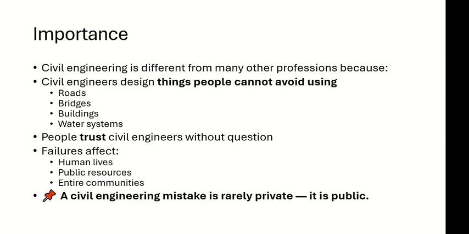So why is civil engineering different from other professions or other engineering? Because we are dealing with things people cannot avoid, like roads. A lot of you have mentioned infrastructure. So you cannot avoid infrastructure, right? Here we are getting a lot of threats on the infrastructure. People from both sides in the war are threatening that they will destroy your infrastructure, right? So this is like the backbone of the society: roads, bridges, buildings, water systems, and all of these things are